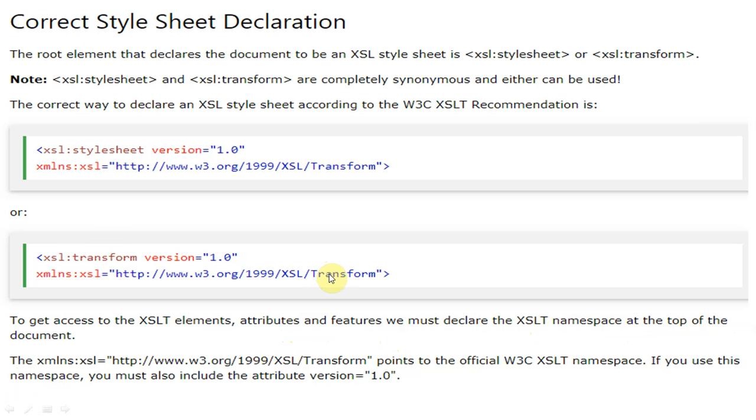It will be the same in all programs. So this line will be the same in all programs, and this will also be the same. The version may change. XSL transform. So XSL